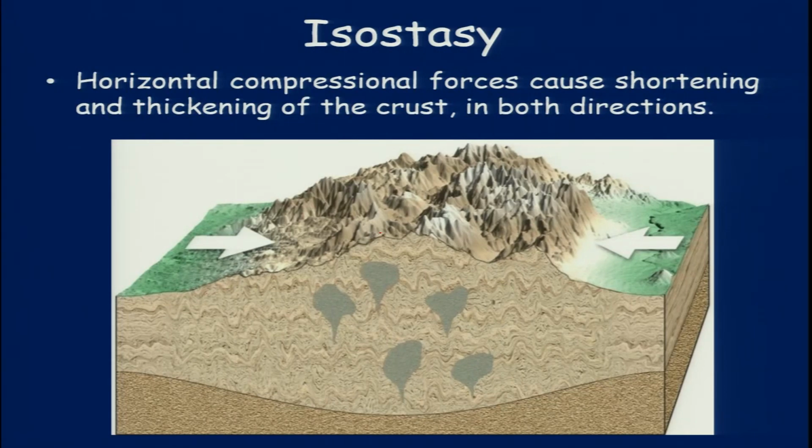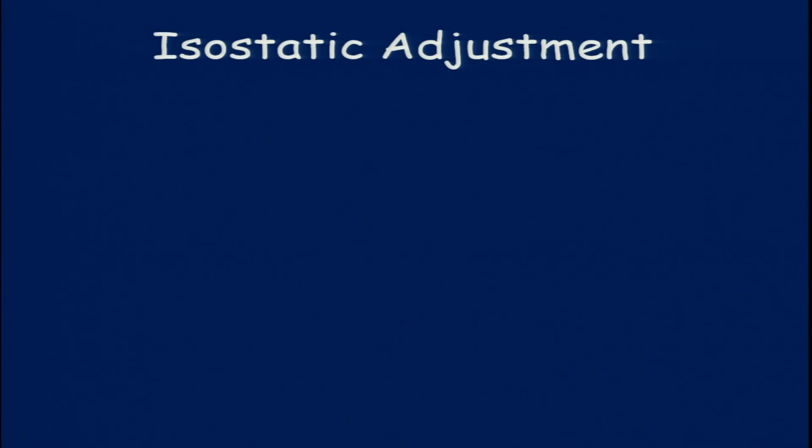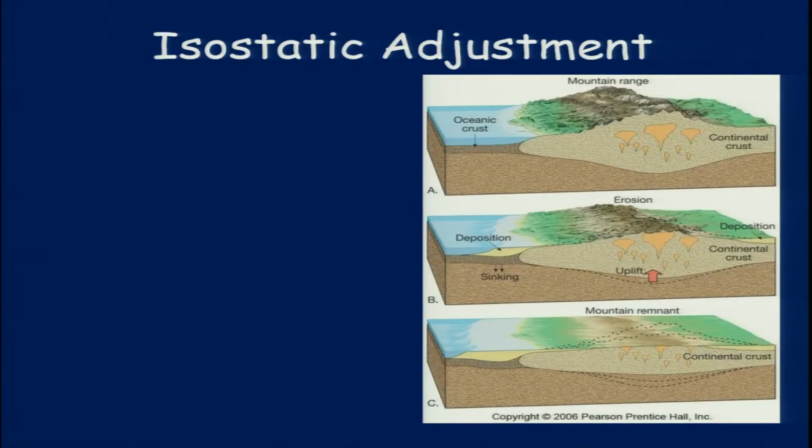Okay. So the growth of the crust will be in both directions. You have the growth on the surface, as well as the thickening that will keep growing within the Earth's crust. So the roots keep on extending down, as well as the elevation which has been picking up here. But this never remains the same, because there are isostatic adjustments, and this cartoon explains that when you are having the